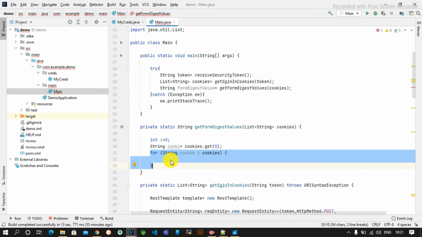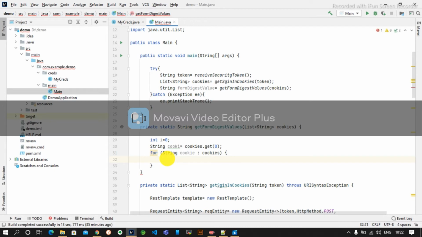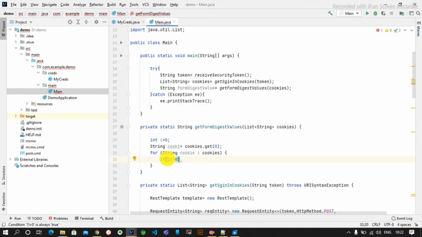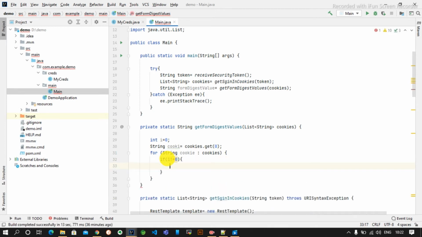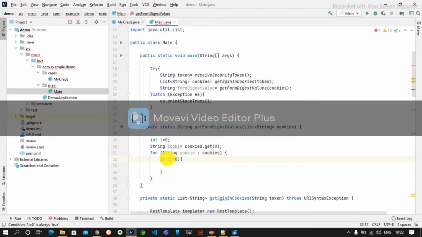First we will be iterating over the cookies with a for loop for each String cookie, and then check if i is not equal to 0. Sorry, I made it 1, I get confused a little bit during excitement.